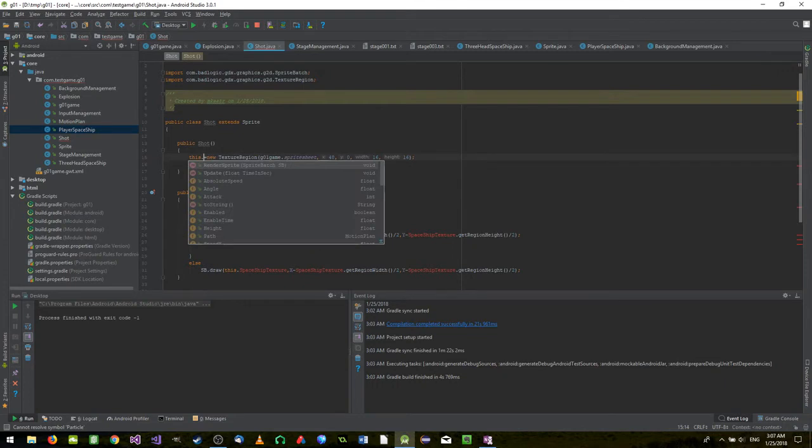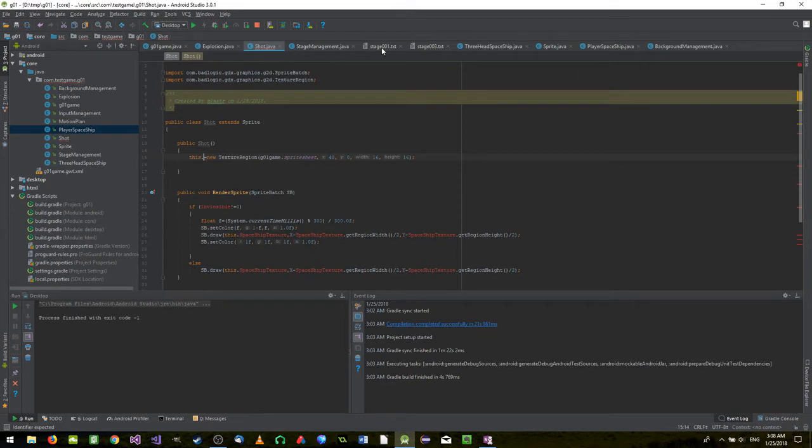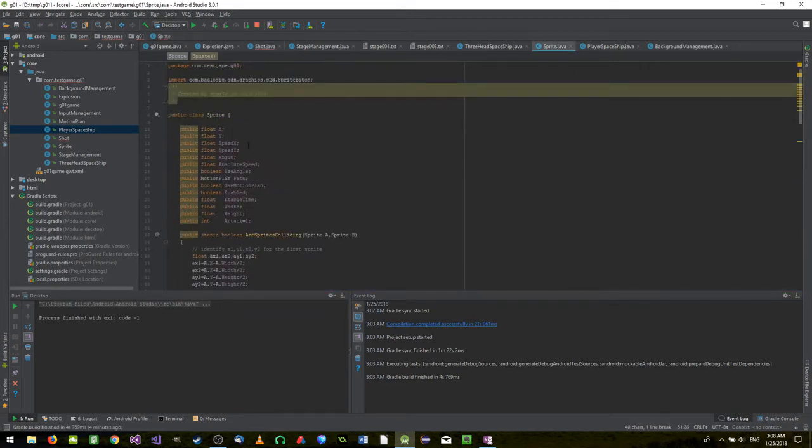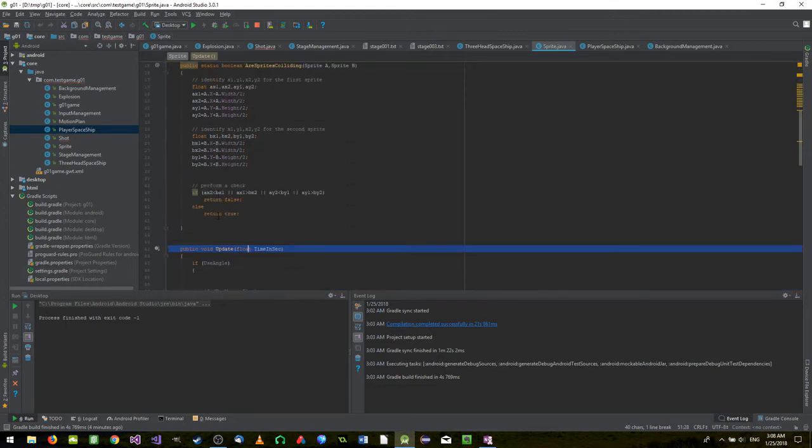what was the number here? Absolute speed. I don't think I created that in the sprite itself, right? So let me go to the sprite class. We have what? Yeah, I didn't create it, or did I create it? Action plan, where's sprite region? There is no sprite region there. Okay, so